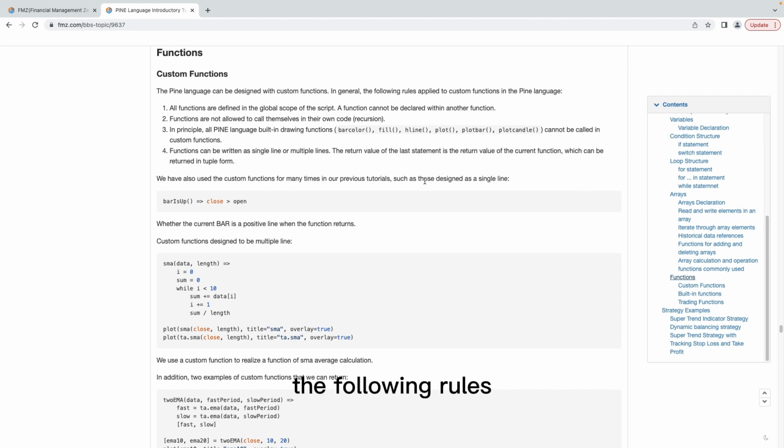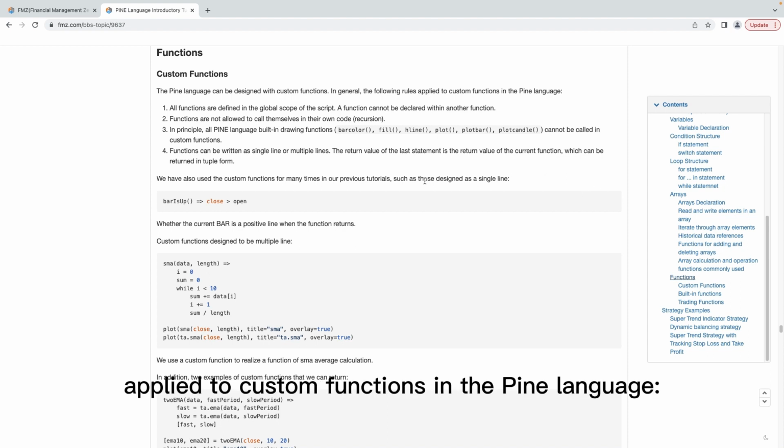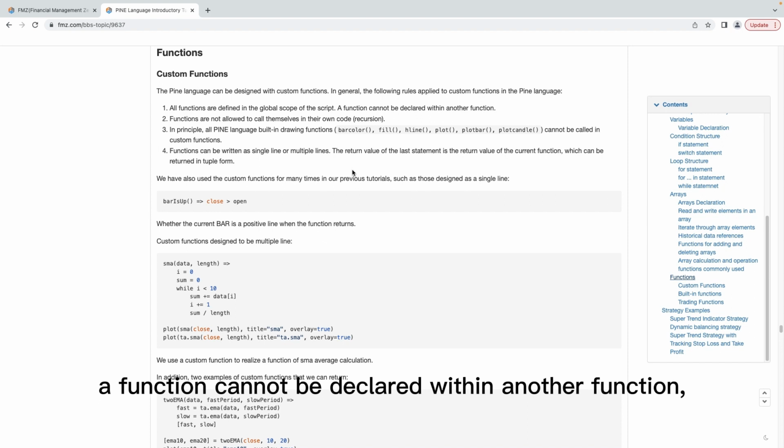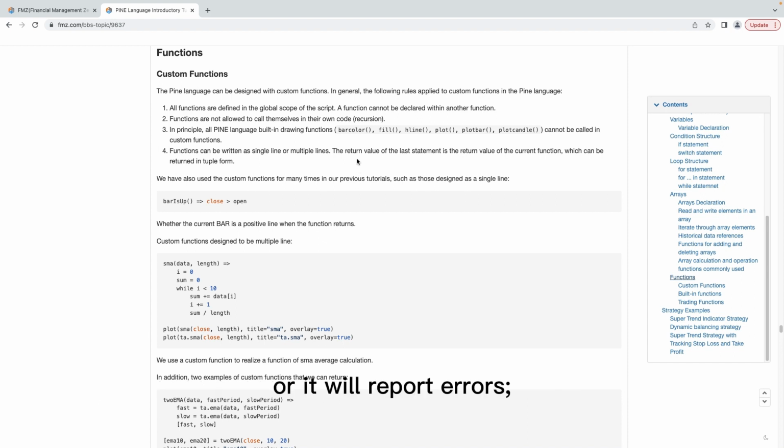The following rules apply to custom functions in the Pine language. First and foremost, all functions are defined in the global scope of the script. A function cannot be declared within another function, or it will report errors. Second, functions are not allowed to call themselves in their own code. That is, we may use recursive operations when writing strategies in other languages, but it is not feasible in the